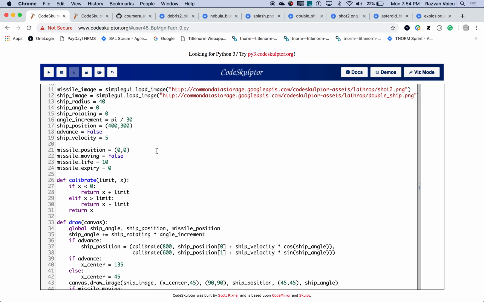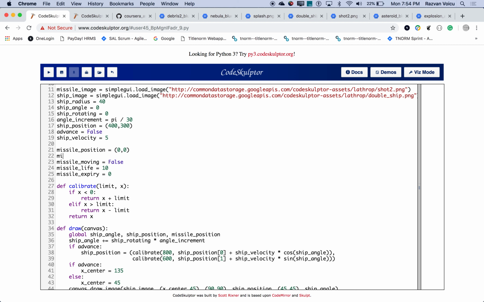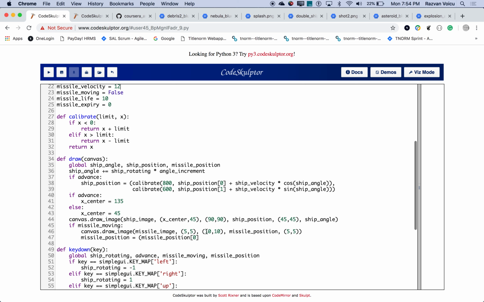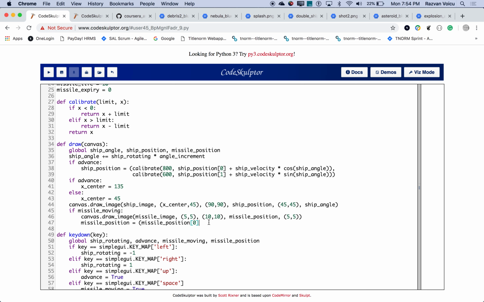What we haven't done here is a missile velocity, which I'm going to make higher. I'm going to say maybe 12, higher than the ship's velocity, right? Missile position plus, and it's the same formula, missile velocity times cos ship